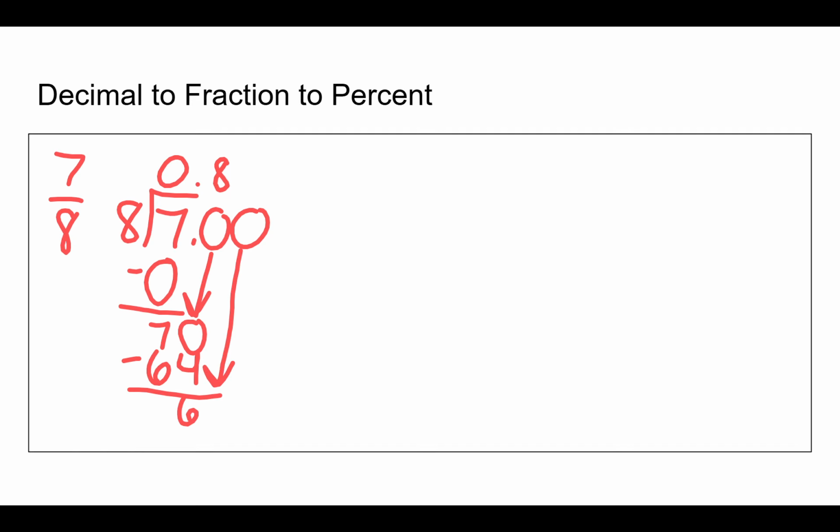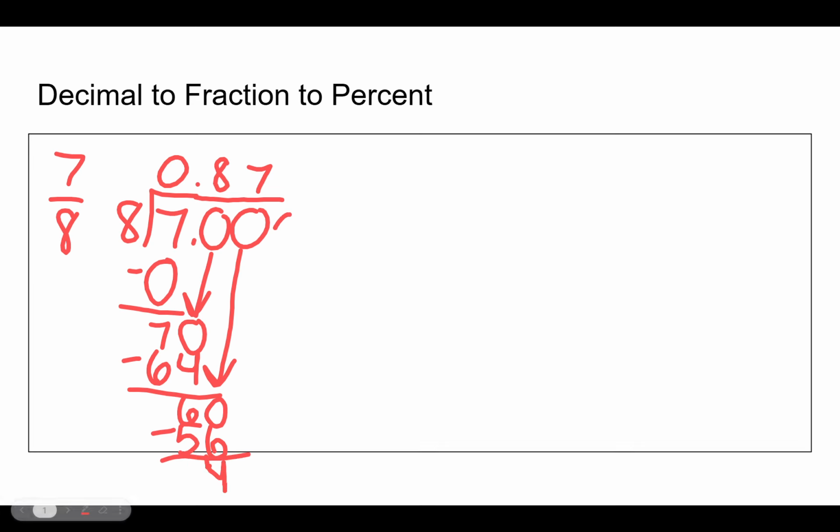Bring down another 0. See how my numbers are lining up with my numbers inside of my bar here? The 0 is above the 7. The 8's above the 0, and I have to create another 0 to be able to form another number on top. So 8 goes into 60 how many times? Well, we know it doesn't go in there 8 times because 8 times 8 is 64. 8 times 7 would help us out best. 8 times 7 is 56. Okay, so we have 60 minus 56 equals 4,